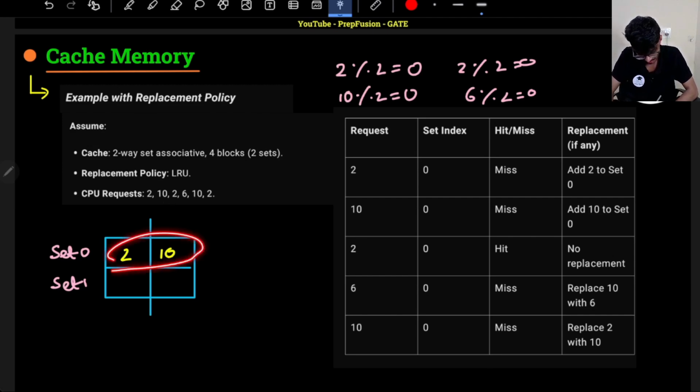Okay, so it is not present, right? I will compare the tags. There will be a comparator. I will compare the tags. It is not present in the set 0. So if it is not present in the set 0, then